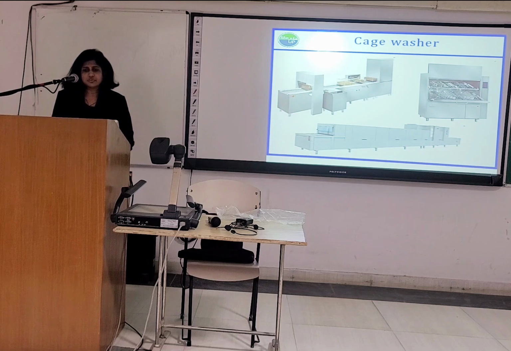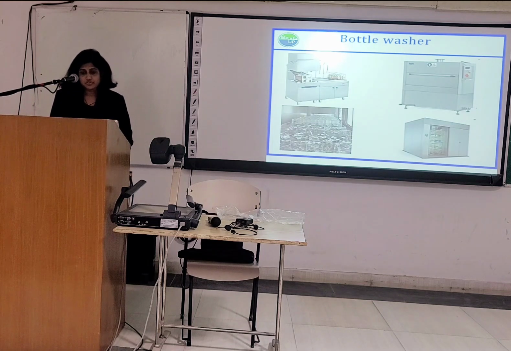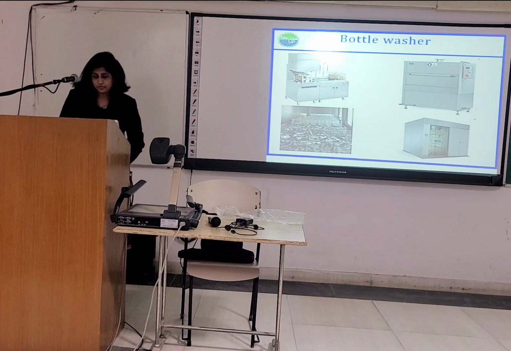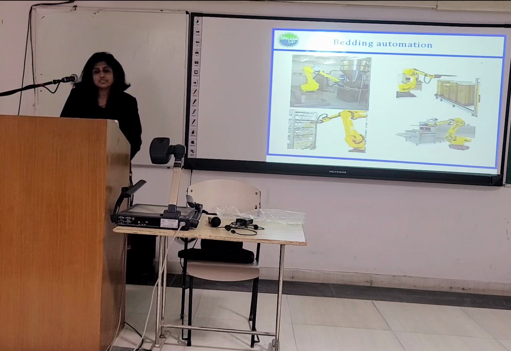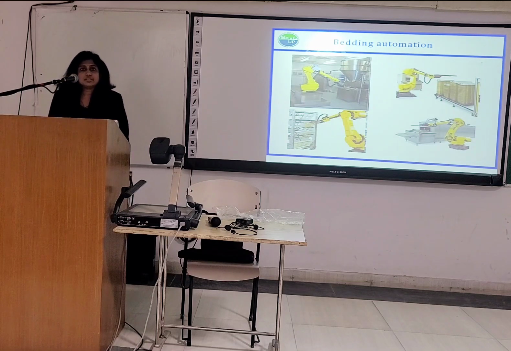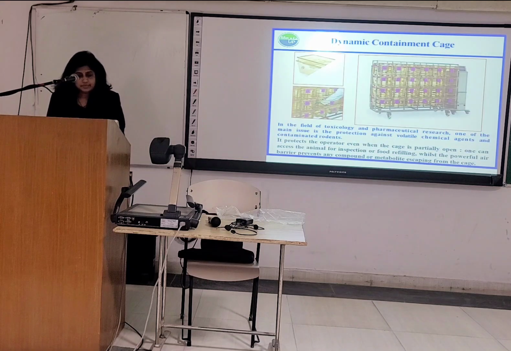Automatic cage washer is available in the market for washing the cages automatically. Water washer for washing water bottles automatically are also available. Then bedding automation is also there. The bedding is put inside the laboratory animal cages automatically by using machines. There are some advanced type of cages